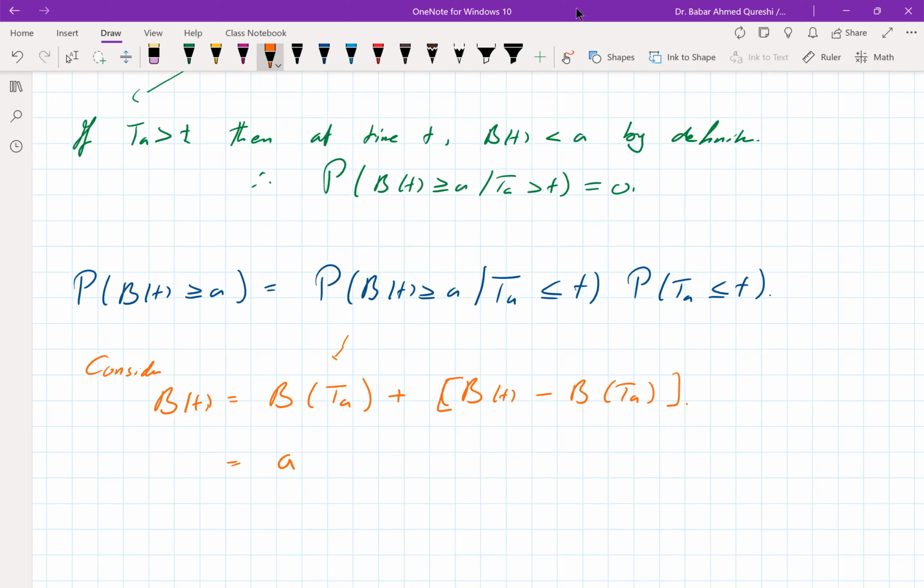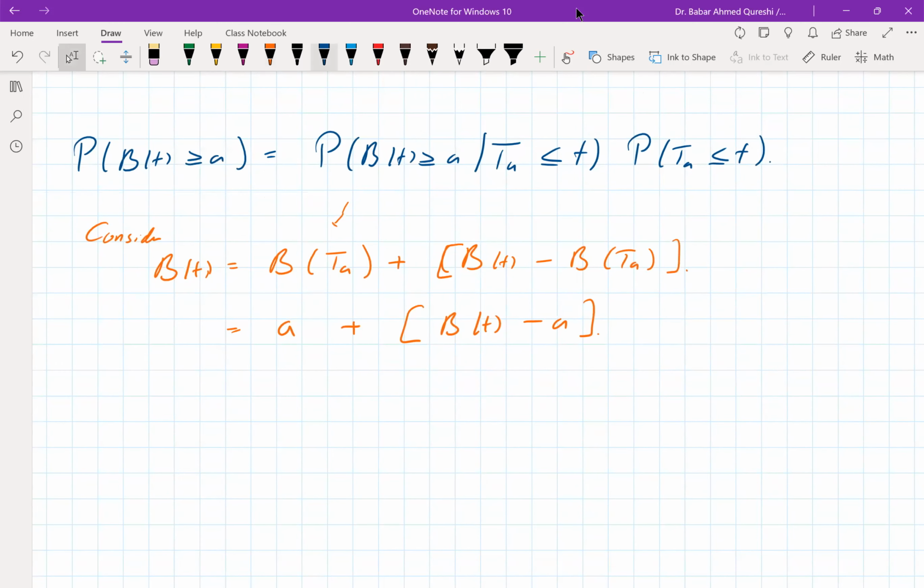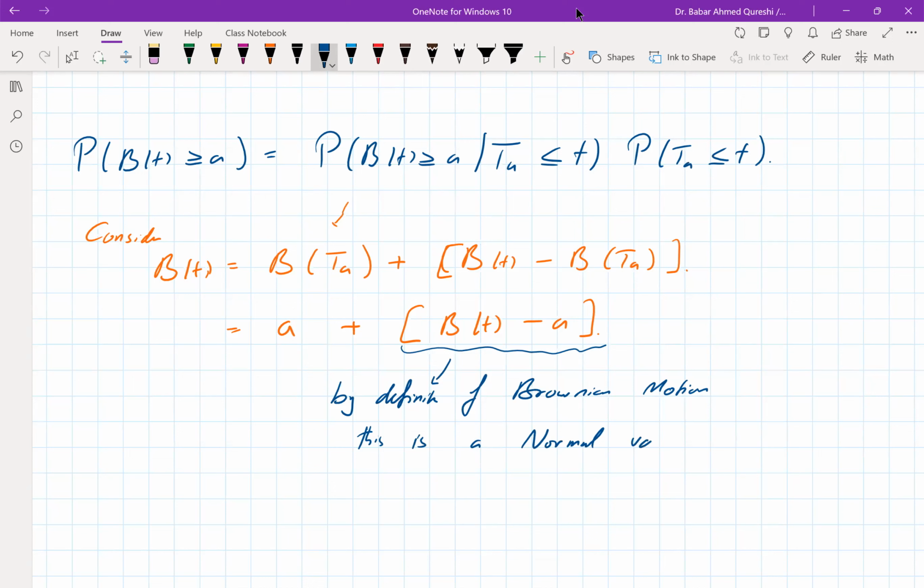This by definition is just A, and this is B(t) minus A. However, this one, by definition of Brownian motion, is a normal variable with mean 0 and